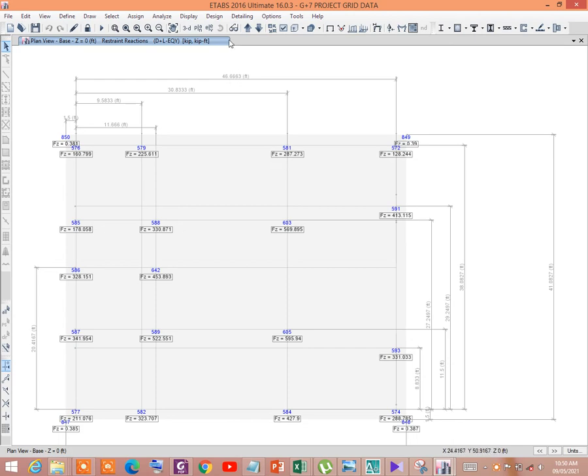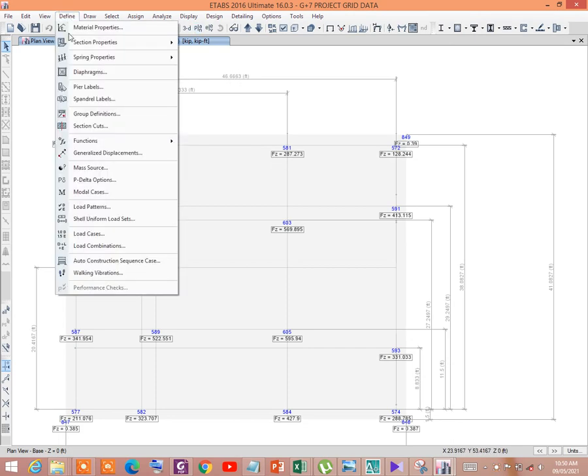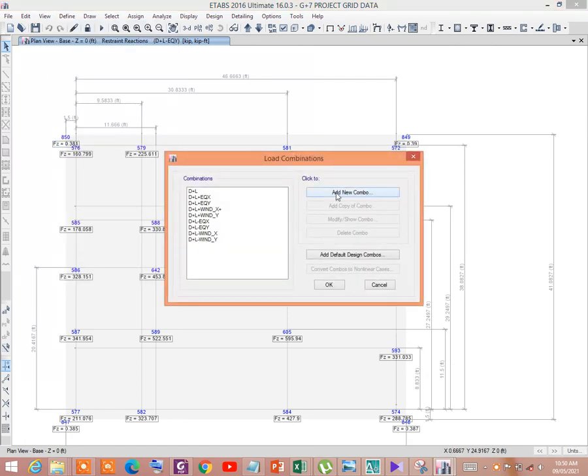To do it, go to Define, then Load Combinations, then Add, then click on Add New Combo.